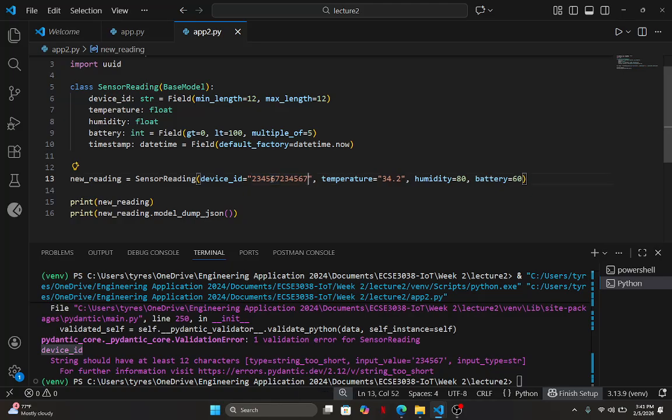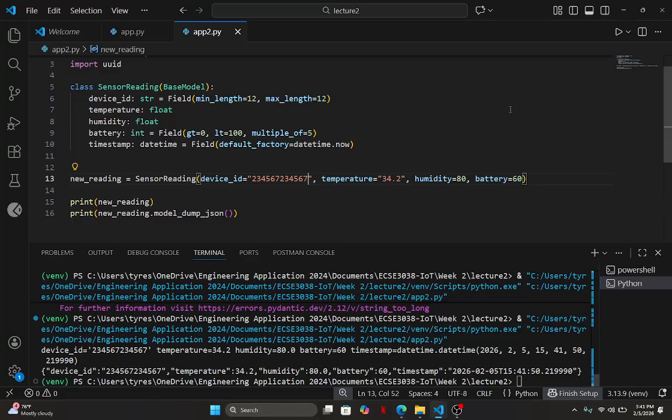So let's put in some more. I'm going to just copy this, paste it. So that's 12 characters now. I'm going to put in one more. Save it. And now it's saying it should have at most 12 characters because I have too much. Take out that. And now it works because MAC addresses only have exactly 12 characters, that is if you don't include the colons in them.